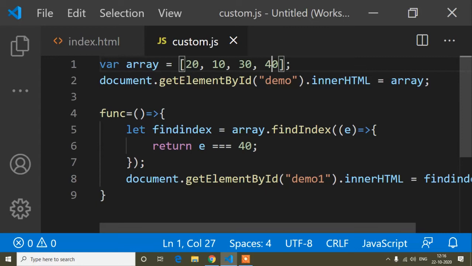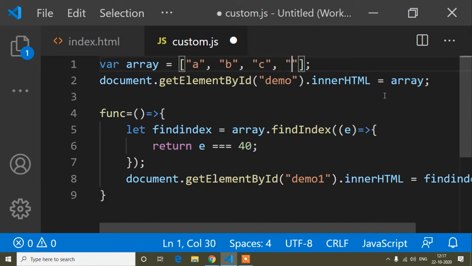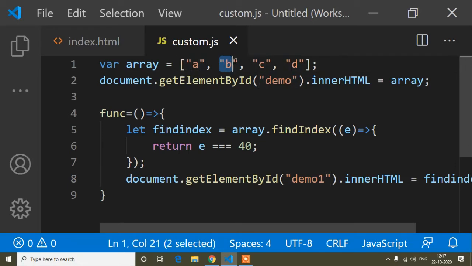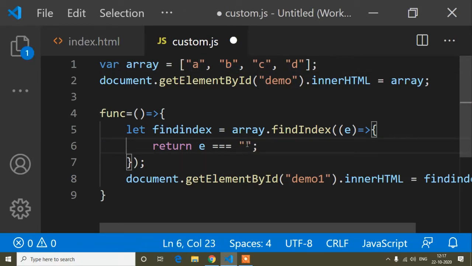And now I will show you after using the string method. So instead of this number value, I'll remove that, and here you can write A, B, C, and D. So in the same way, if you want to know the position of B, you will write here B and refresh it.